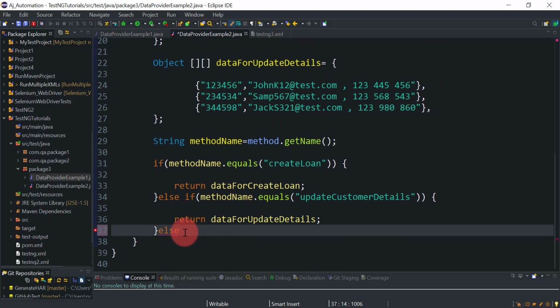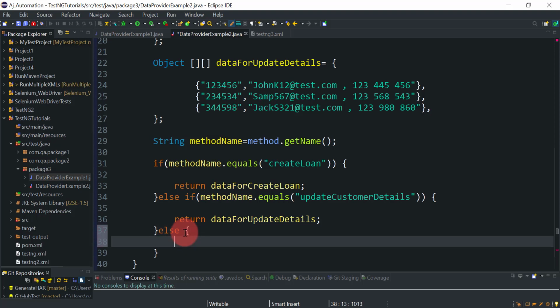For that purpose I will use this else, return, let's say, new object, no test data